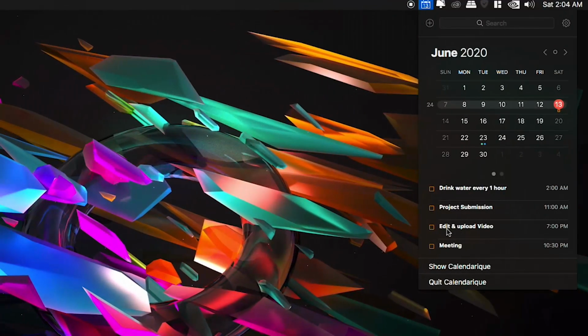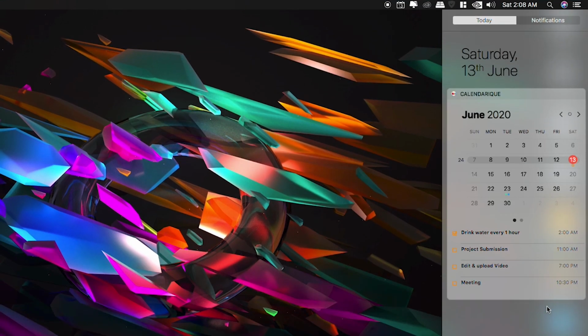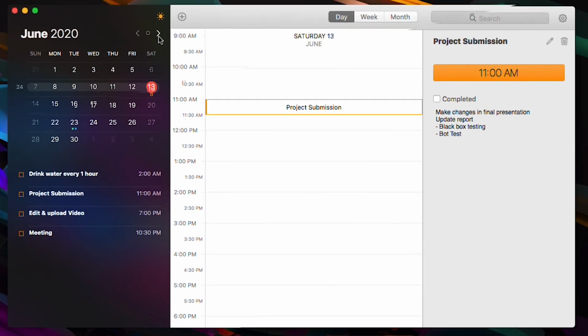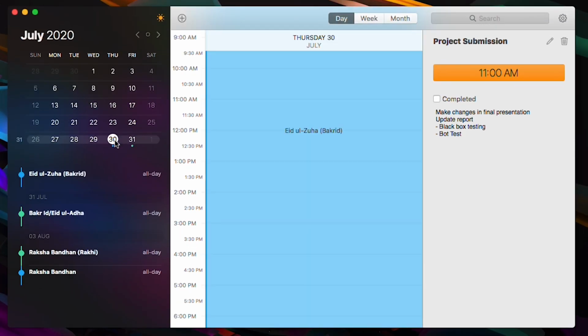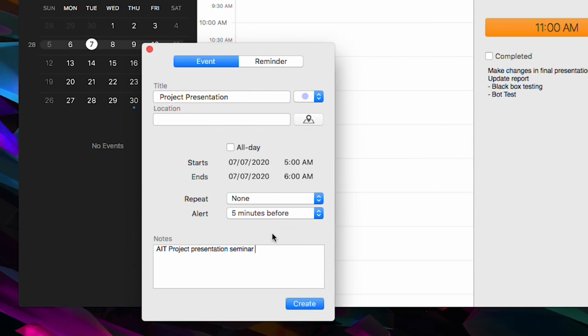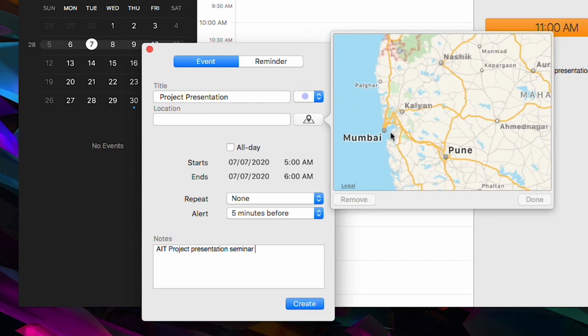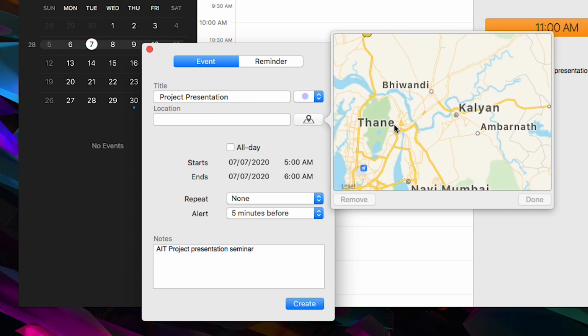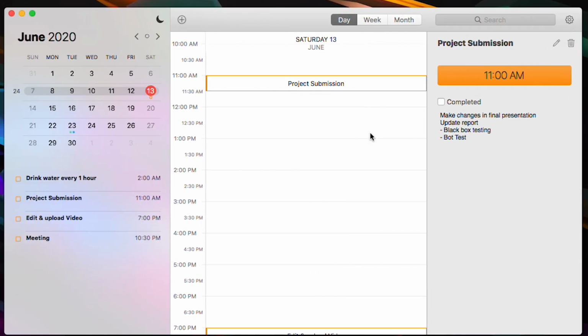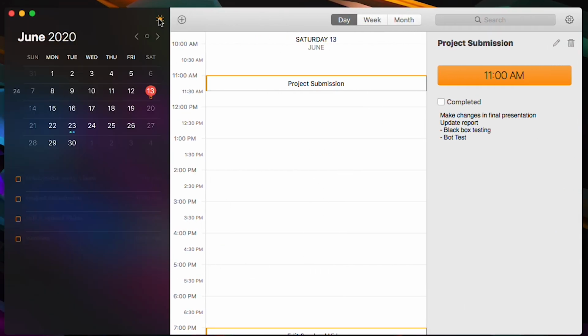So the next app is pretty much like the default calendar, but not the same design. Add your events on the calendar and view them on desktop and the notification center in case you have an event marked down. Moreover, you can have the week's overview and the tasks coming up during the week, month and even year. Location is also supported, so once you punch it in your GPS system, it will be easier to plan out your events with more accuracy. Yes, they have a dark theme as well.